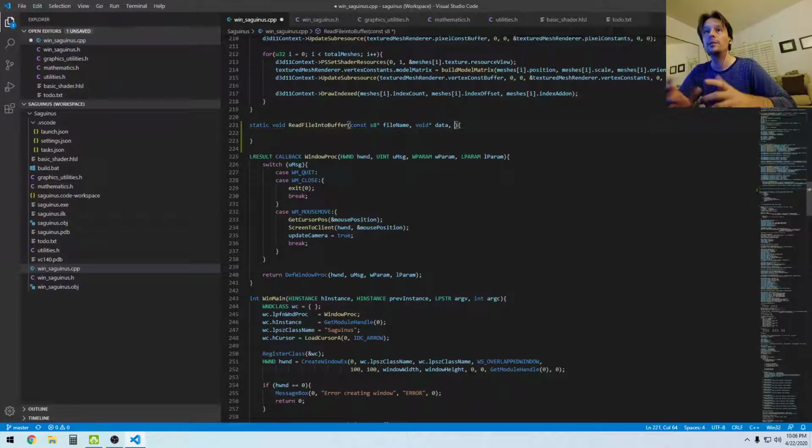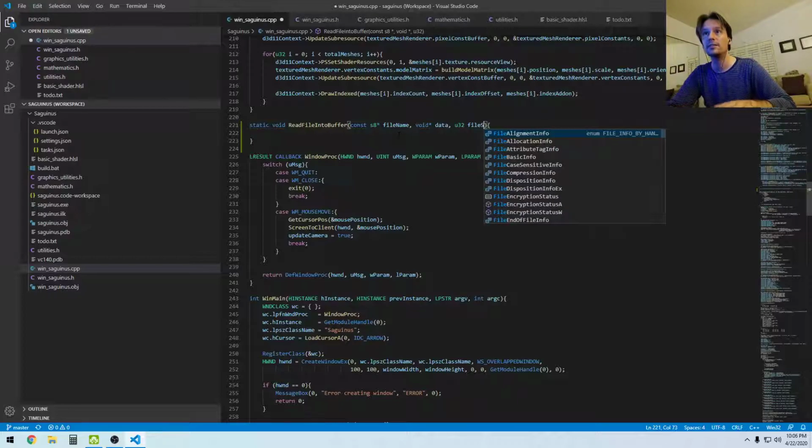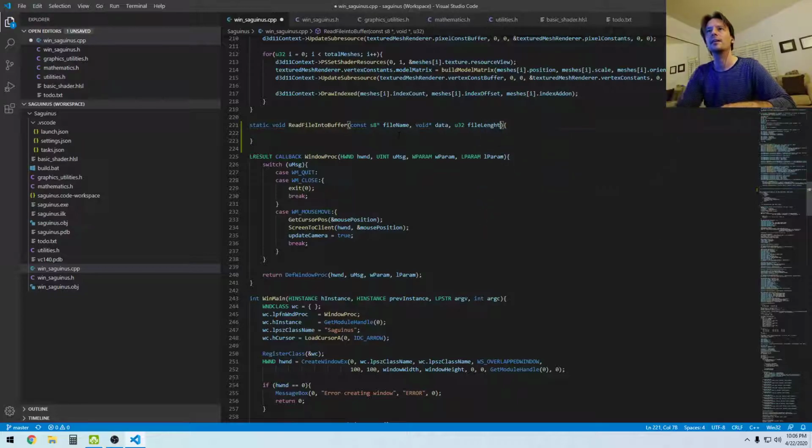I also want to get how long the file is, or how many bytes are in the file, just in case I need that later on. And most likely I will, so I'm going to save that. I doubt my files will ever be big enough to overflow an unsigned int, so I'm just going to save it as that. I'll call it file length. I don't know. Okay, so now that that's set up,